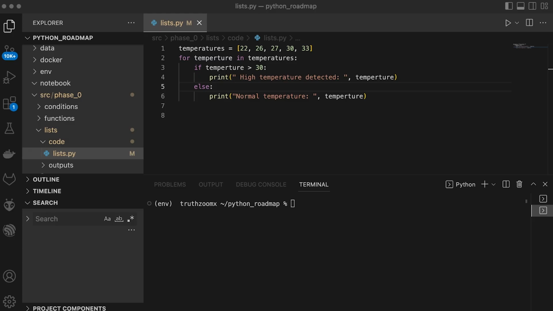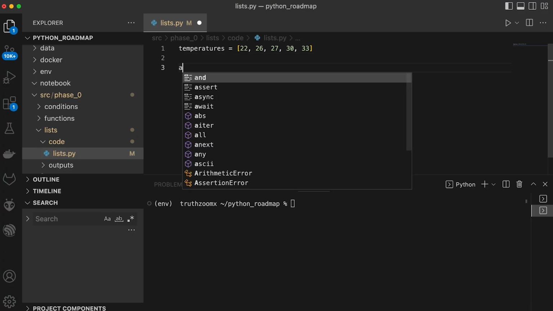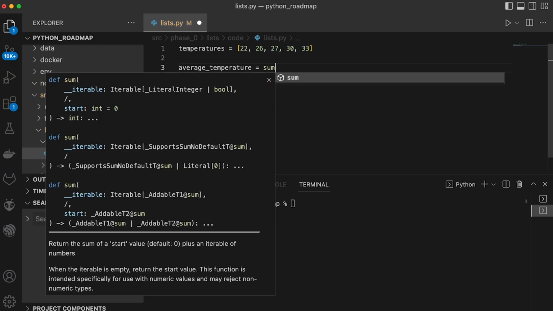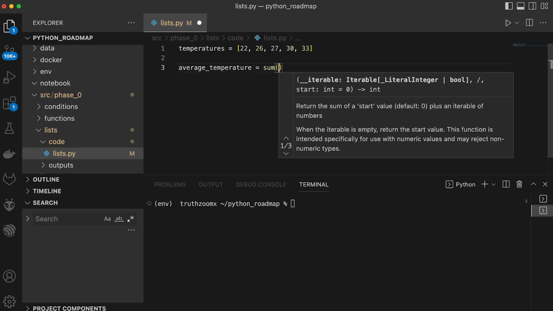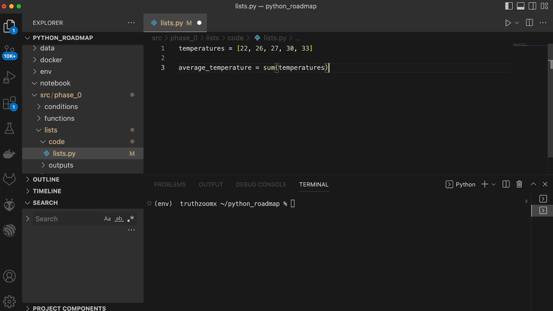Python already includes powerful tools for working with lists. Let's start with the average. How do you find the average of a collection of data? Let's keep the temperatures list, and then let's call the average temperature, which is going to be equal to this. The sum of the temperatures list, close the bracket, divided by the length of